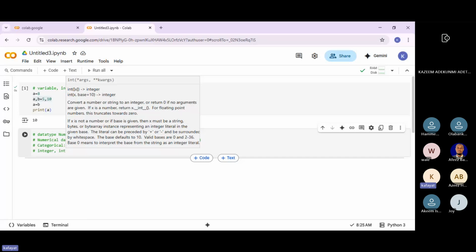So this will only convert it to a whole number. If x is not a number or if base is given, then x must be a string, bytes or what. So in a nutshell, the integer always returns a whole number. Are we good?